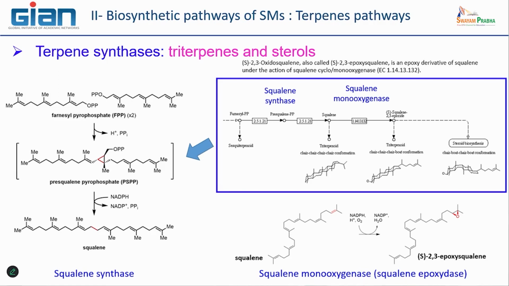Triterpene means that you have 30 carbons, so it is a long carbon chain. That is very important. After, this chain can be rearranged by epoxidation, for example, which can lead to another type of functionalized molecule, that can then be modified by a specific enzyme or a specific part of the metabolic pathway.